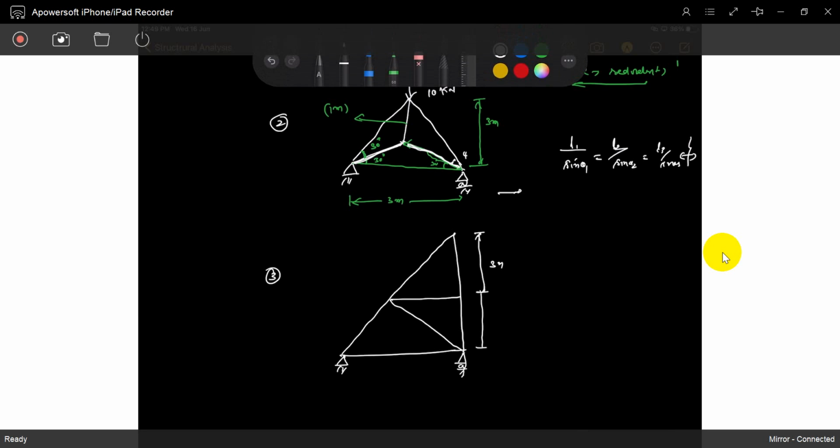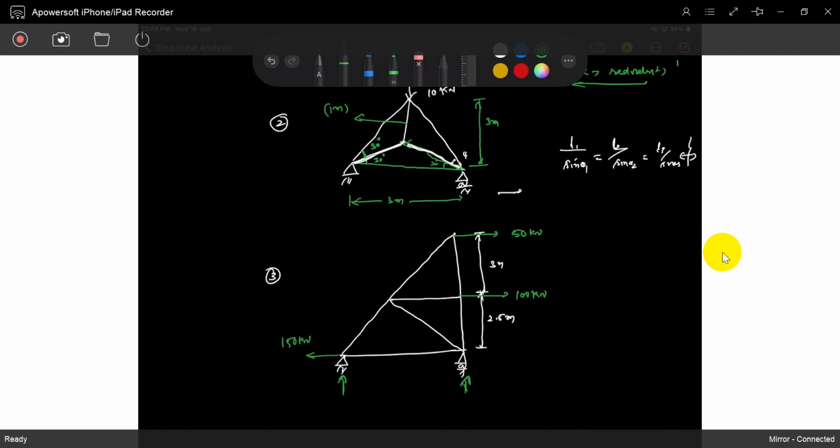This is 2.5 meters. And the application of the loads is, this is 50 kilonewtons, this is 100 kilonewtons, horizontal. So you have to find out the horizontal reaction and the vertical reaction. You can directly calculate this as 150, but you have to find out the vertical reactions based on the moments and then solve it later.